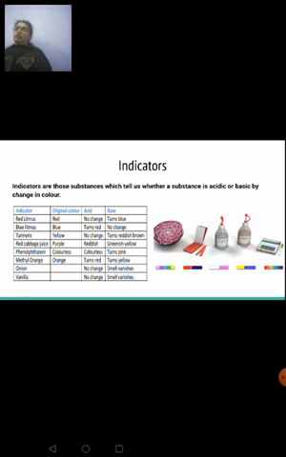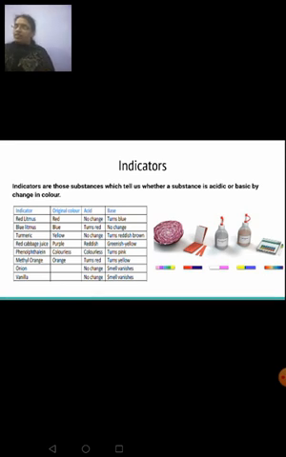Apart from this, I want you to learn a few uses of these acids, like your nitric acid. Nitric acid is used in the manufacturing of fertilizers. They are used in the manufacturing of detergents. Your phosphoric acid also is used in manufacturing fertilizers. Formic acid, you have learned this in your lower classes. It is present in your ant bite and all, right?